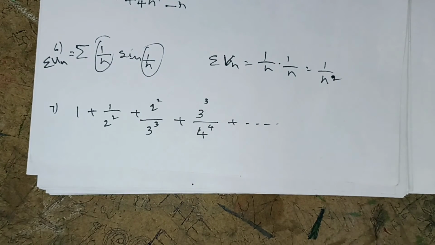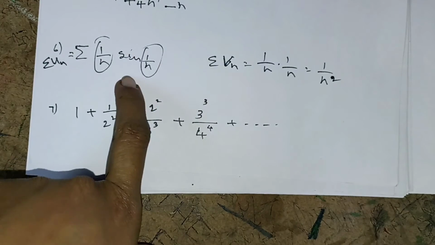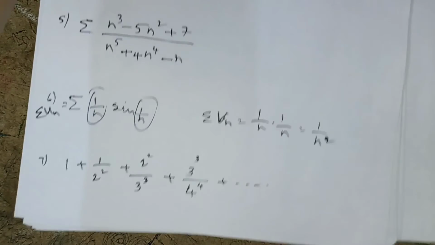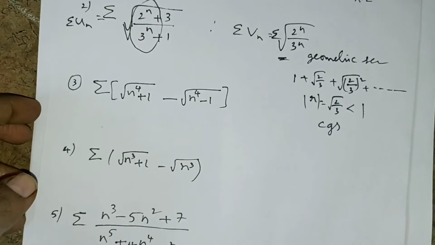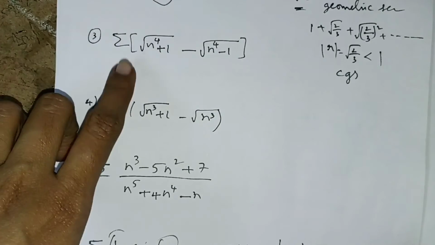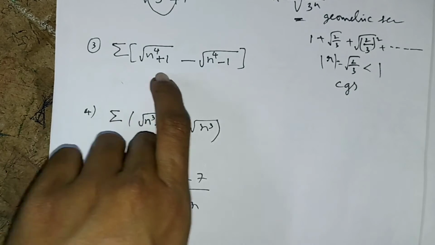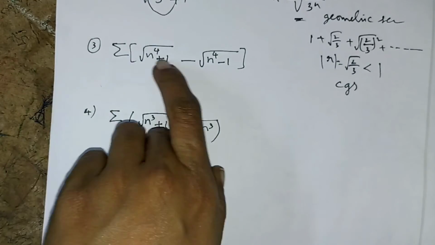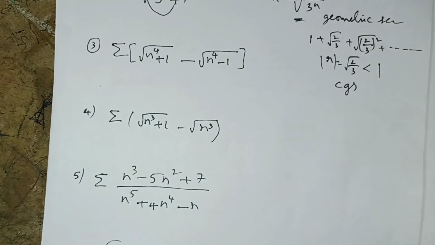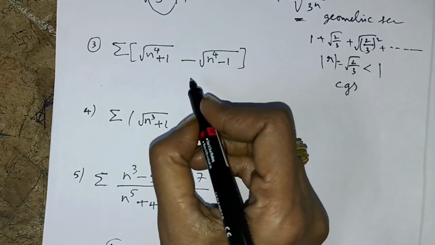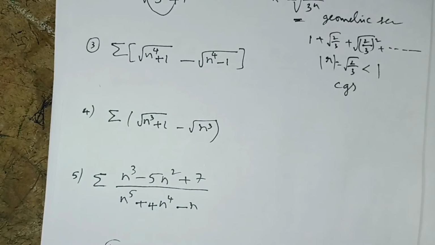After that, the second is over. Third one. In the third one, is there any denominator? There is no denominator in the third one. Therefore we have to rationalize the denominator. Because if the denominator occurs, you can choose sigma vn very easily. If there is no denominator and only the numerator is given, you have to do RD, rationalize the denominator: multiply and divide with its conjugate.